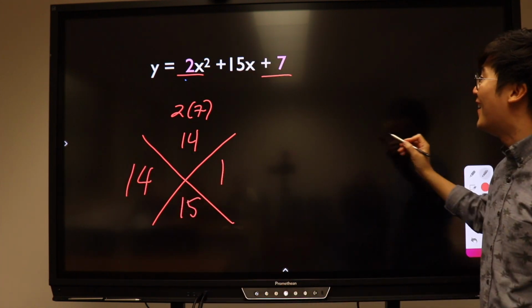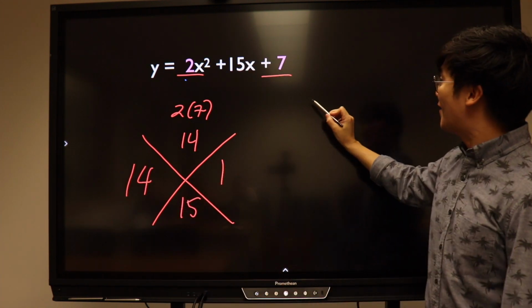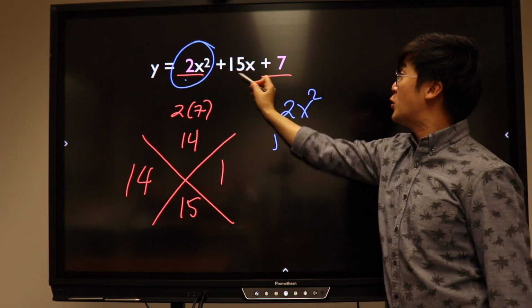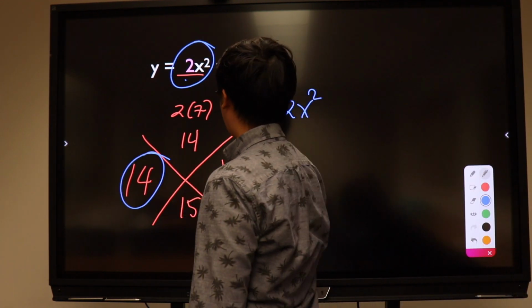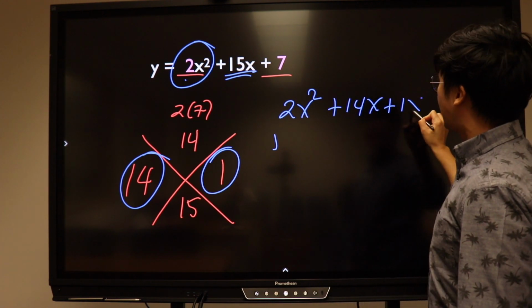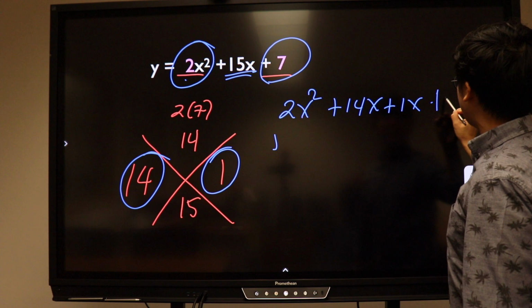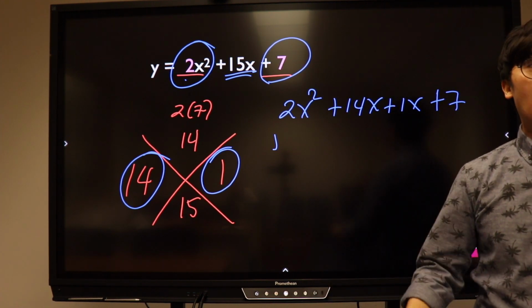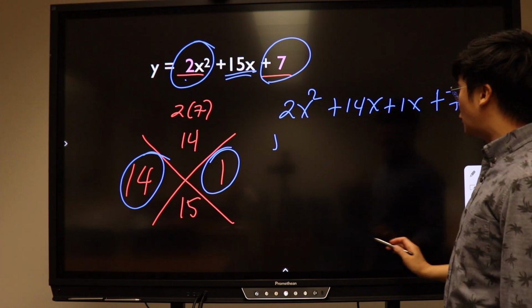Alright, so this is how we're going to solve this. We'll have 2x squared. We copy this. And the new middle term is going to be 14 and 1, so plus 14x plus 1x plus 7. Essentially, we just modify the function so that we can apply the factoring by grouping. And by grouping it,